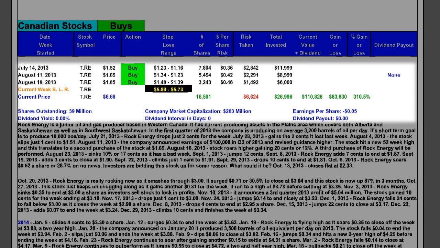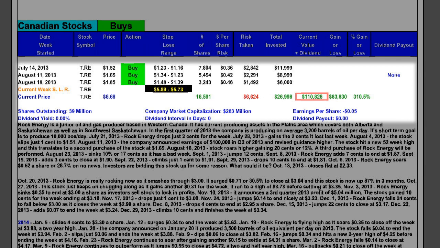As you keep raising your stop-loss price on the total amount of shares, your risk exposure decreases, and in this case, there is no more risk at all, since the stop-loss order is at $5.73. Total shares purchased is 16,591. The current value is